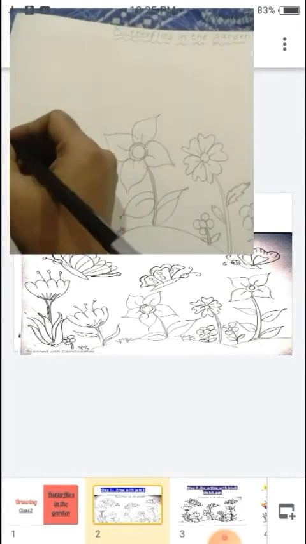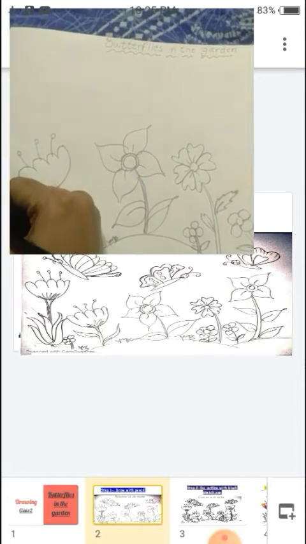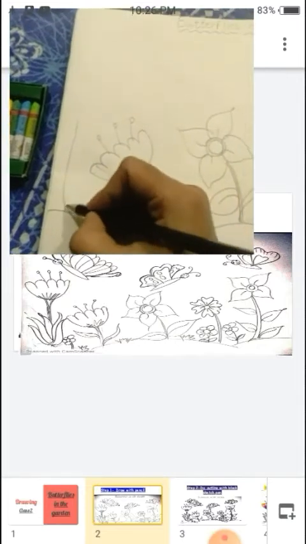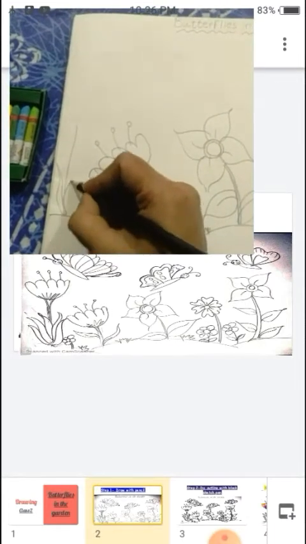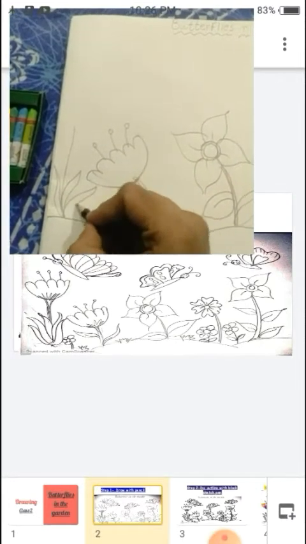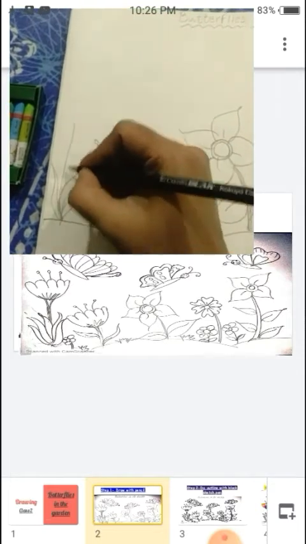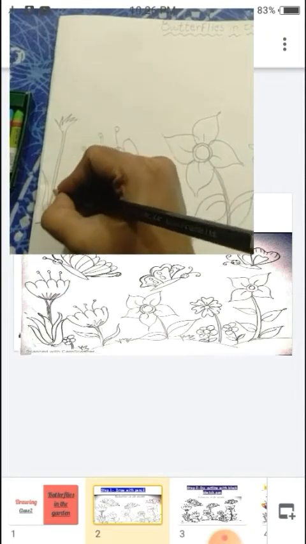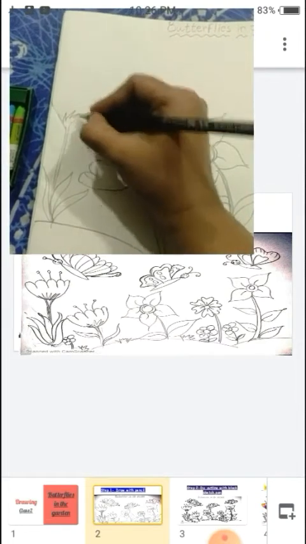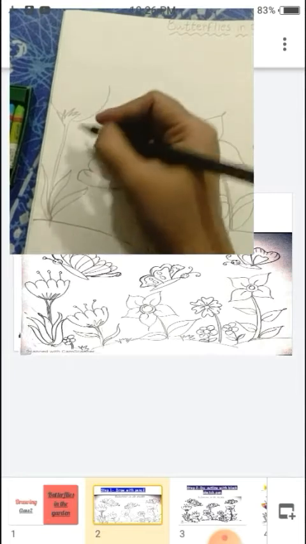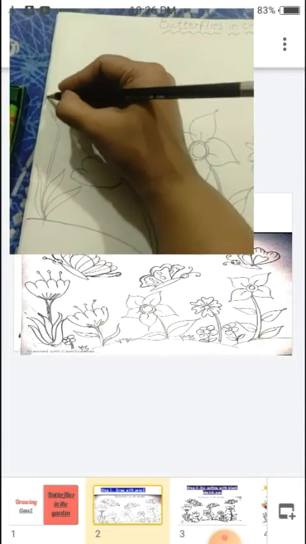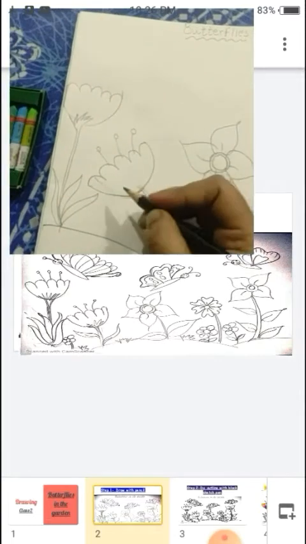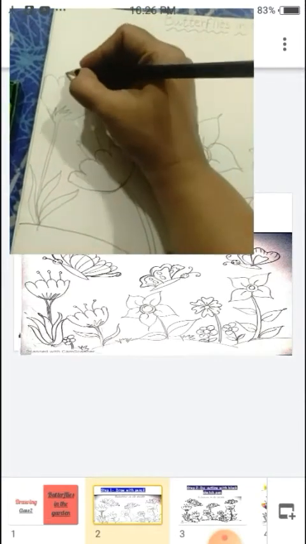Okay, I'm going to make here one more flower. Before that, I would like to draw leaves, big leaves, that is long leaves. Okay, here also I am going to make a nice flower. Okay students, this flower also has the same design, a little big, and it should be visible.